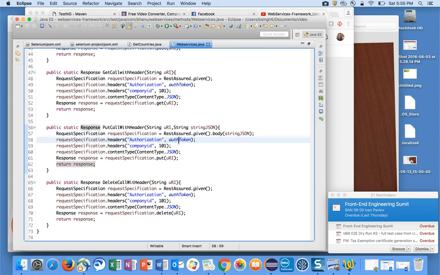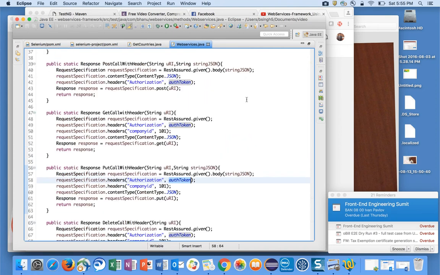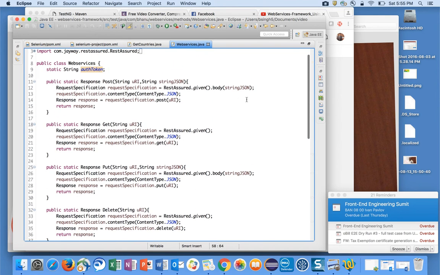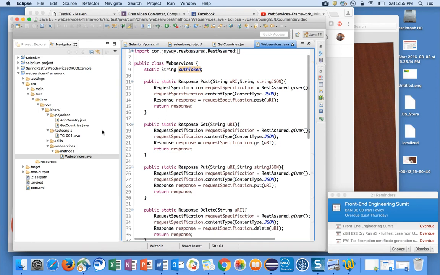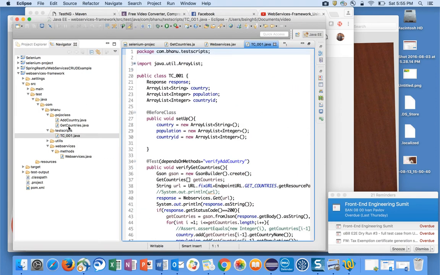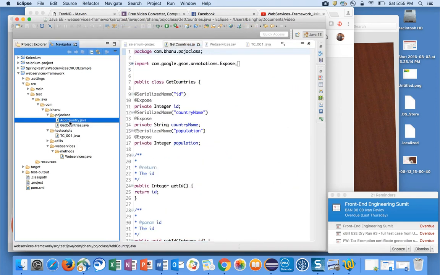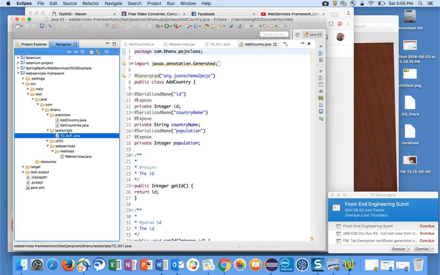And from where this comes, this comes the moment you do login through web services, you will get some authorization token. So how to work on this? So what you can do is, let's say you have this TC1, forget about TC1. So I will not go to all this. What I will do is, in the utils,